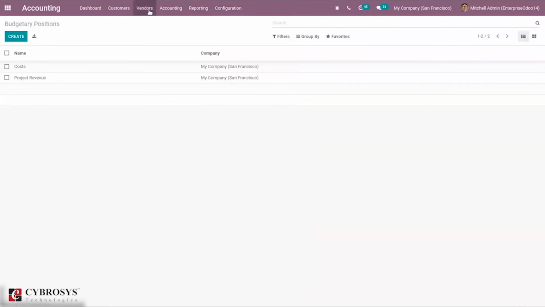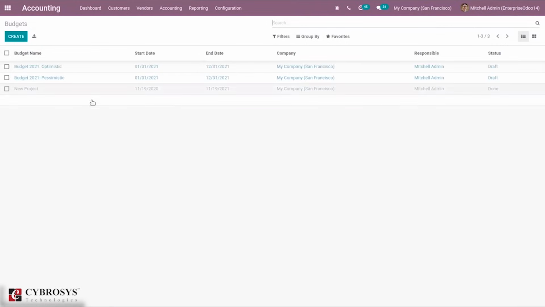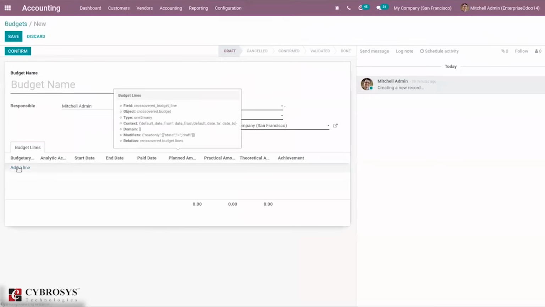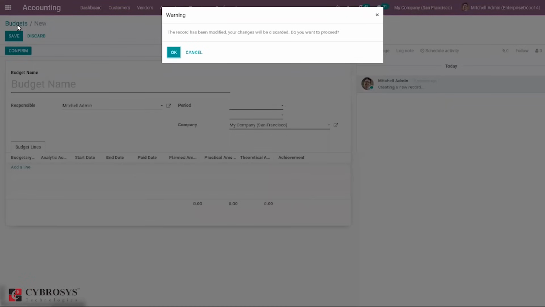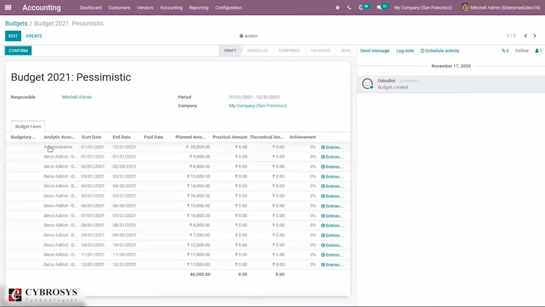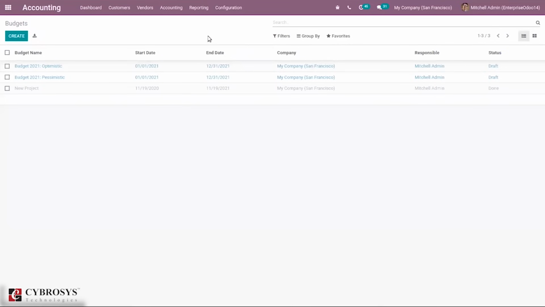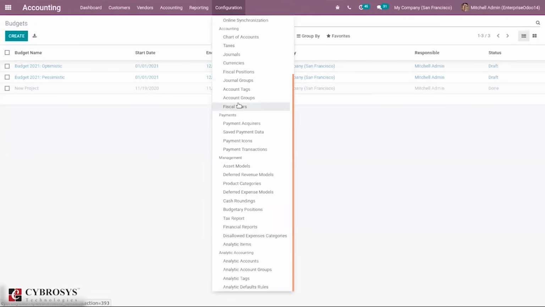Then these budgetary positions can be added to our budgets. That is, when you create a budget, you can add those budgetary positions from here. Here you can see the budget lines. And for budget also we have done a video on how to manage budget management in Odoo.